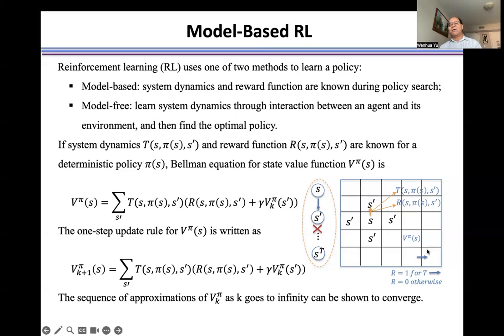Then, for example, here we know the system dynamics and the reward. For example, only here we have R equal to 1 for this state transition. The rest of them are equal to 0. So we can use the update rule. From this update equation, we apply it cell by cell. Finally, when this k goes to infinity, we get the convergent distribution of the state value function